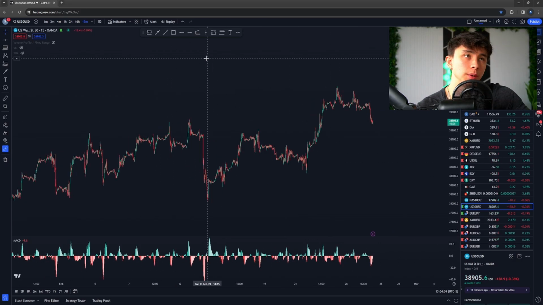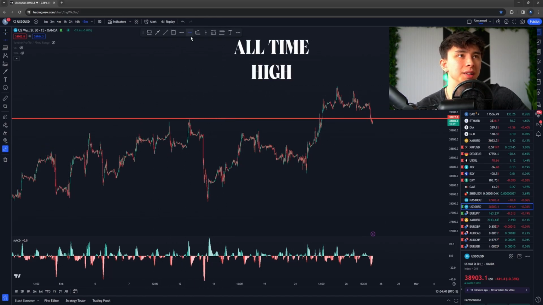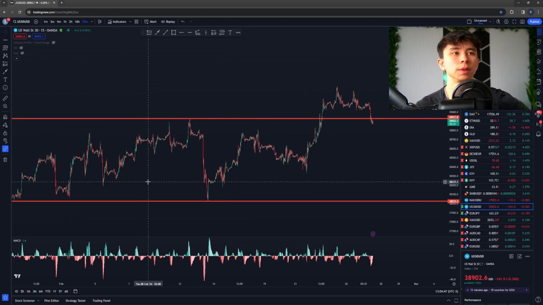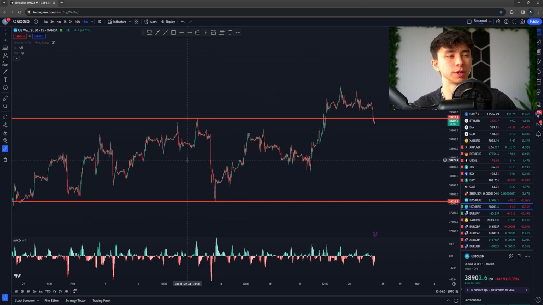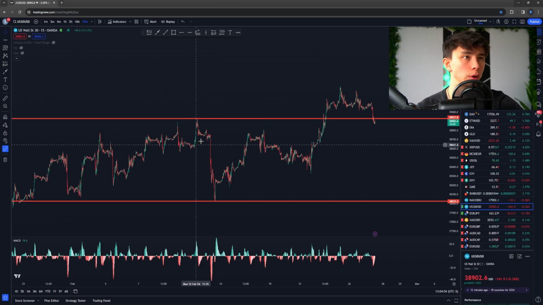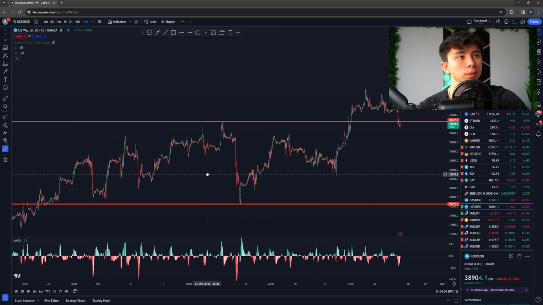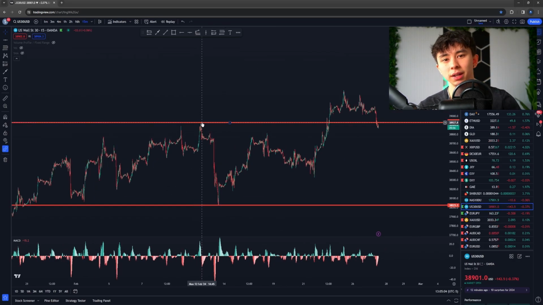So the first way I see people placing their support and resistance lines wrong is using the all-time highs and the all-time lows. Obviously, as a beginner trader, this is going to be the first thing that you're doing. You're going to be using these extreme highs and lows because you think that's how support and resistance work. This is the roof. This is the floor. However, it's not going to be a good idea to place them like this because, just like in real life,